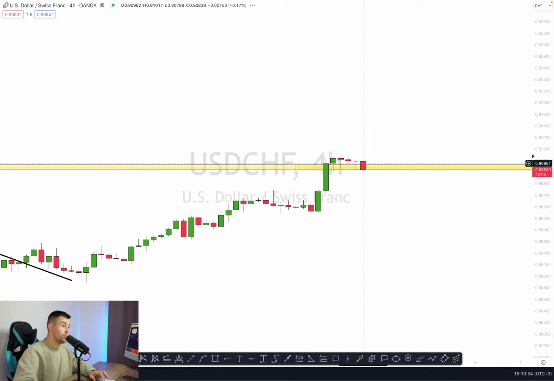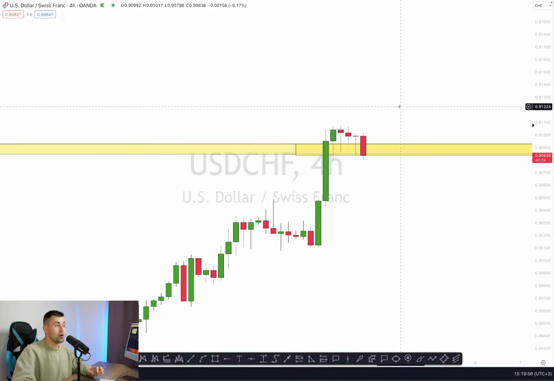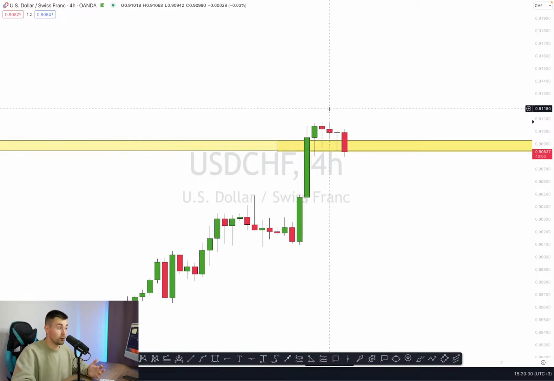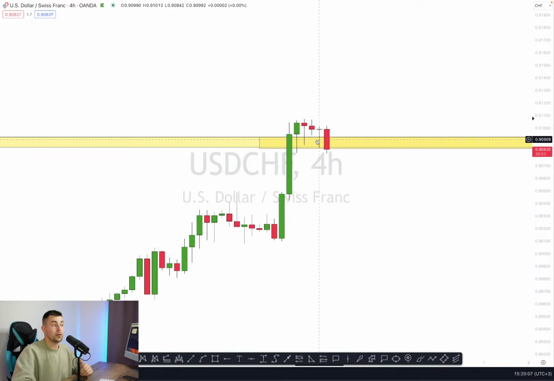So we open the 4-hour, and on the 4-hour, we simply check what is going on. Yes, we are looking for bullish clues. Our task is to look for bullish clues. And what we can spot here is that at the moment the market is very weak. The market is consolidating. You can see that currently the dollar Swiss pair is trading within a very narrow horizontal trading range. Yes, and we form very weak candles here.